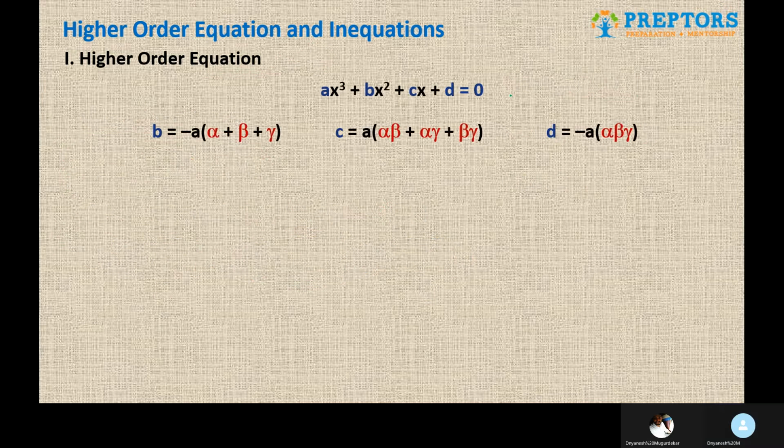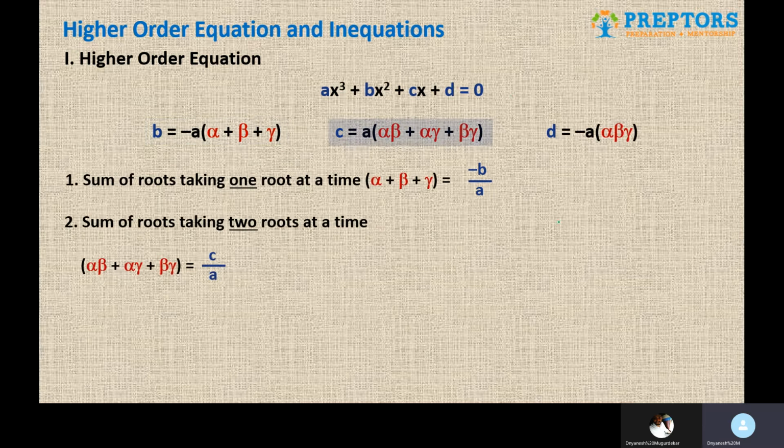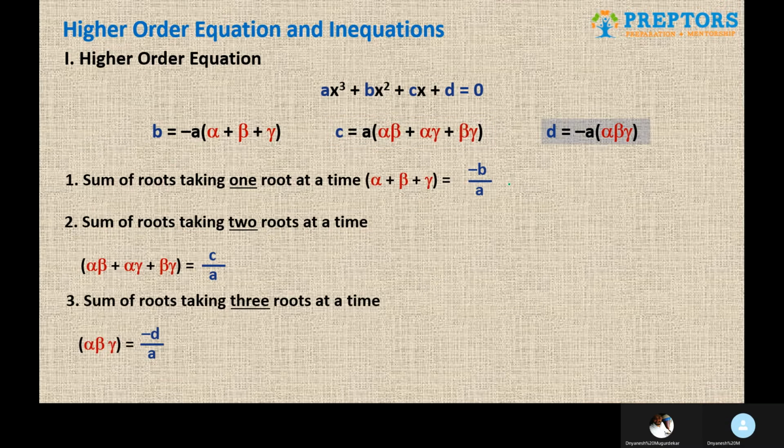Then sum of the roots taking 2 roots at a time, alpha beta plus alpha gamma plus beta gamma, will be c by a, as you can see the second formula, and the third one, all of them together, alpha beta gamma, as in product of the roots, which will be minus d by a. So folks, remember this pattern because this pattern will be the one which will be continuing every time,